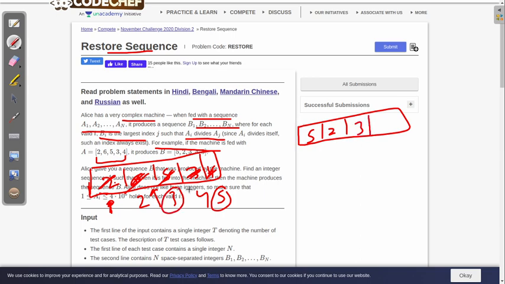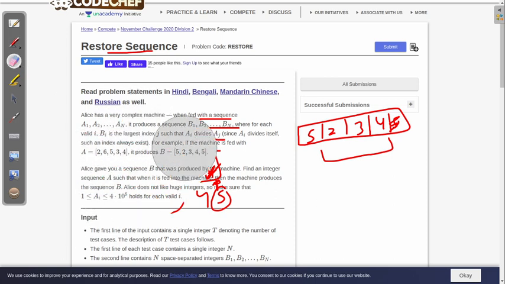Then for the fourth element, 3 is not divisible by 6, not 5, but it is divisible by itself, not 4. So we can simply put 4 here. For the last element, the largest element divisible by itself is at index 5. So this is the sequence that is produced by that machine.